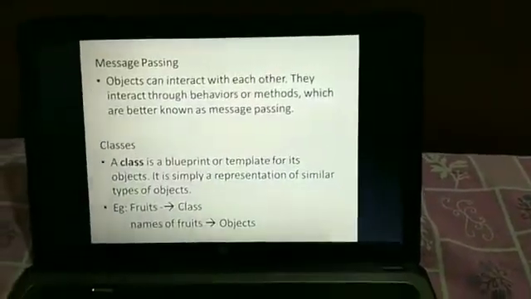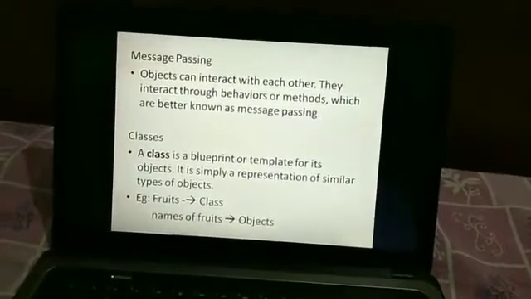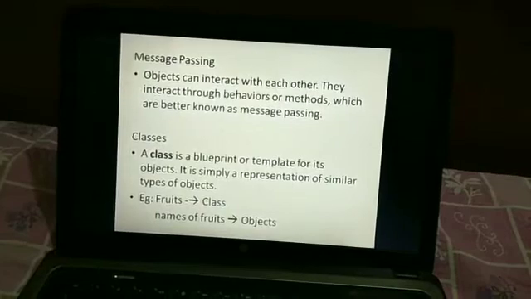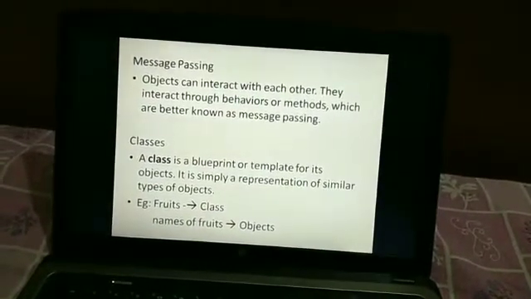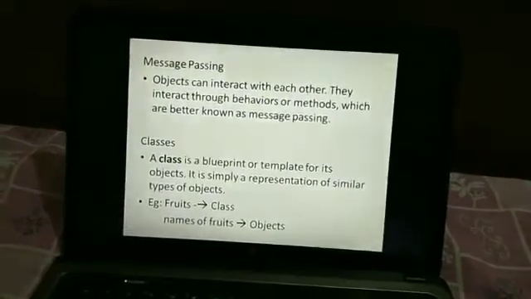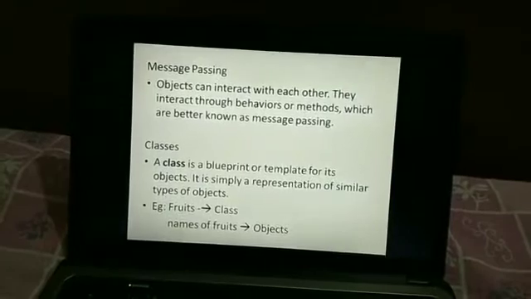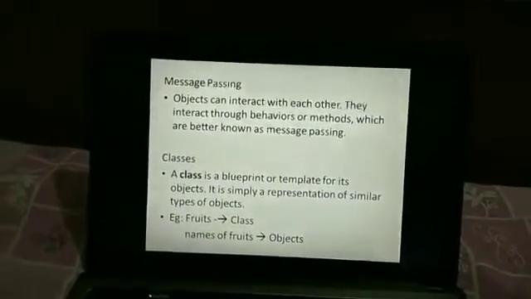Next comes the topic called message passing. Objects can interact with each other. They interact through behaviors or methods, which are better known as message passing. So how are the objects interacting?